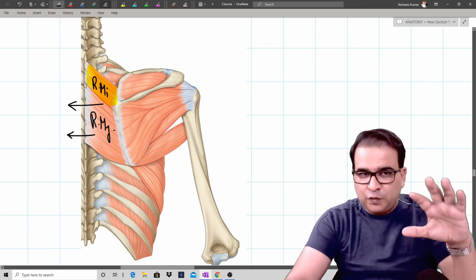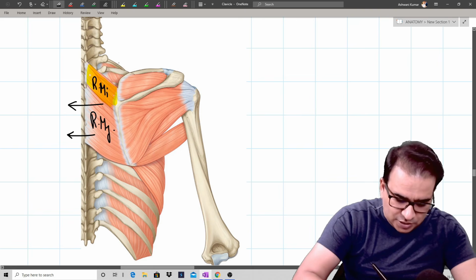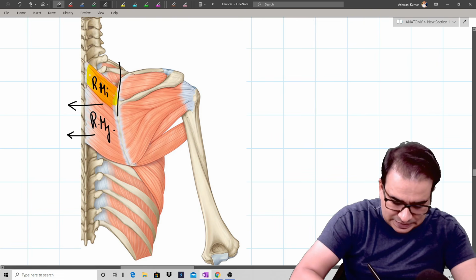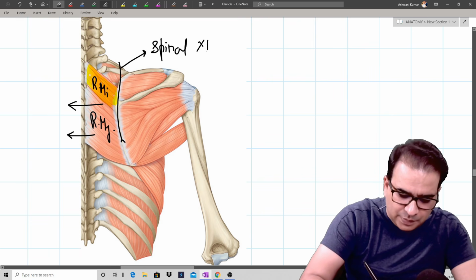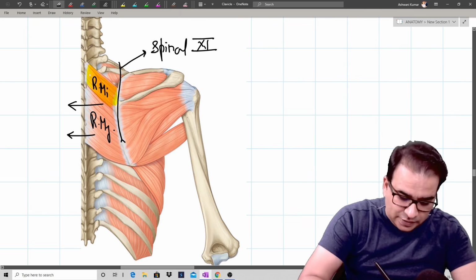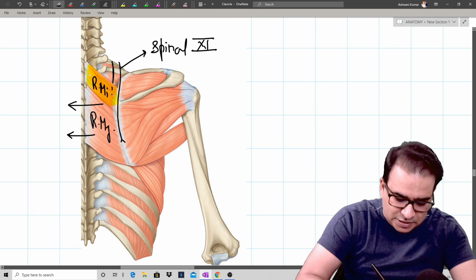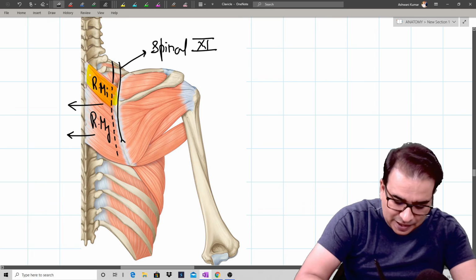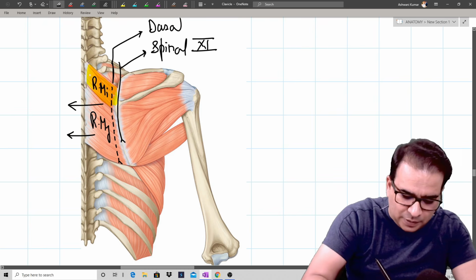Spinal accessory nerve. So if you're looking at a cadaveric picture, and you see a nerve running in this region, running like this along the medial border and supplying the trapezius muscle, that obviously is the spinal accessory nerve coming from the posterior triangle of the neck. And if you see a nerve again running along the medial border but passing deep to the rhomboideus minor, levator scapulae, rhomboideus major, and supplying them also, that nerve will be the dorsal scapular nerve.